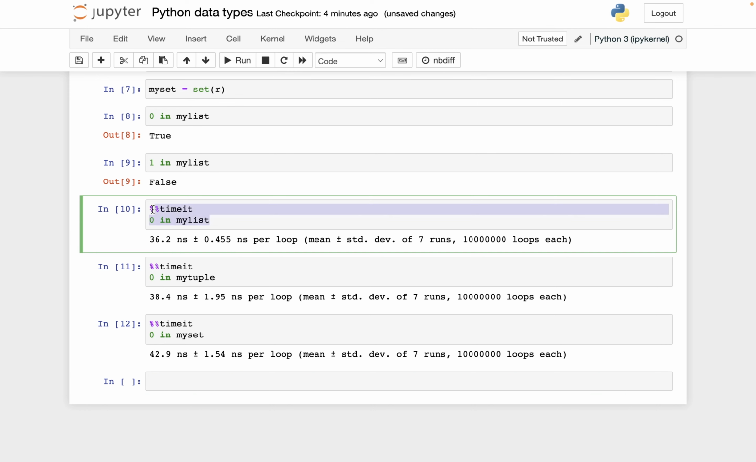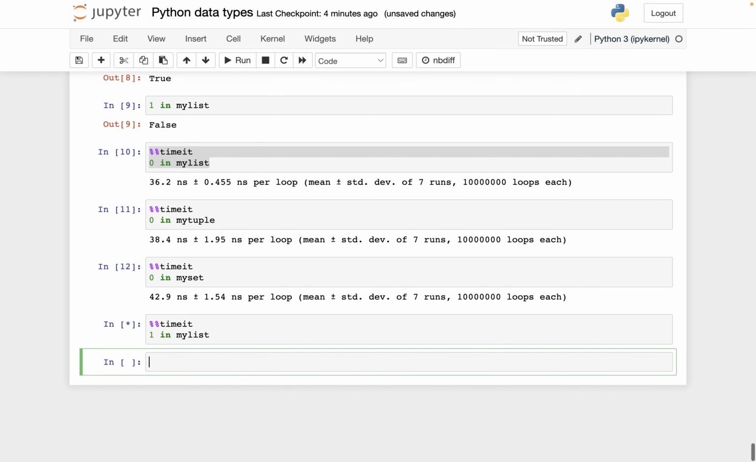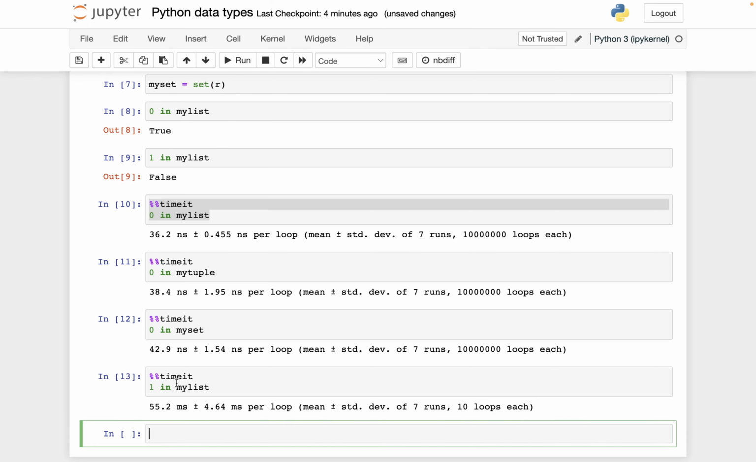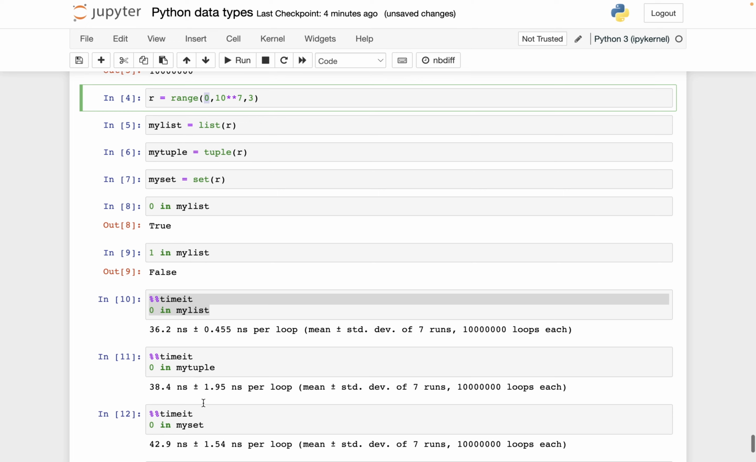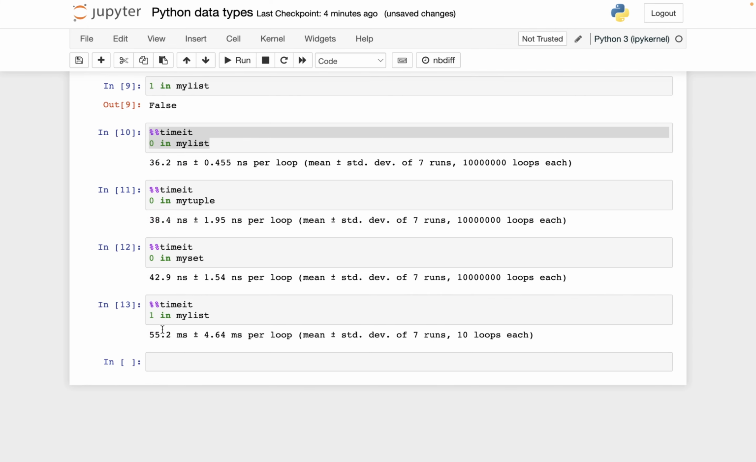So what's the reasoning for this? Well, let me show you what happens if instead of checking for 0, we check for 1. And why is this going to be different? It's because to check for 0, we can just see that the first element is 0 and then stop. Whereas to check for 1, Python certainly doesn't know this is an increasing list. So it has to go through all of these million plus elements to check. So it looks pretty similar, but notice this is milliseconds rather than nanoseconds. So this is like a million times slower